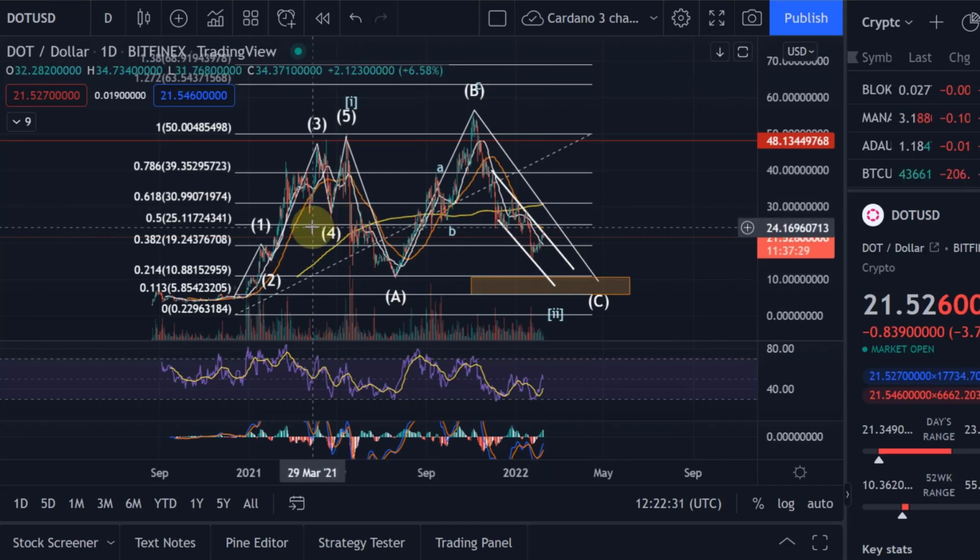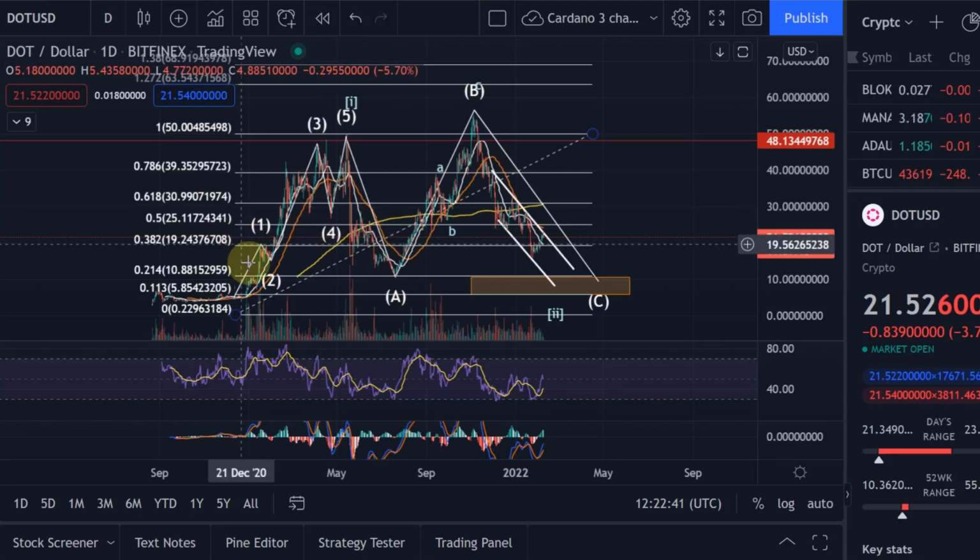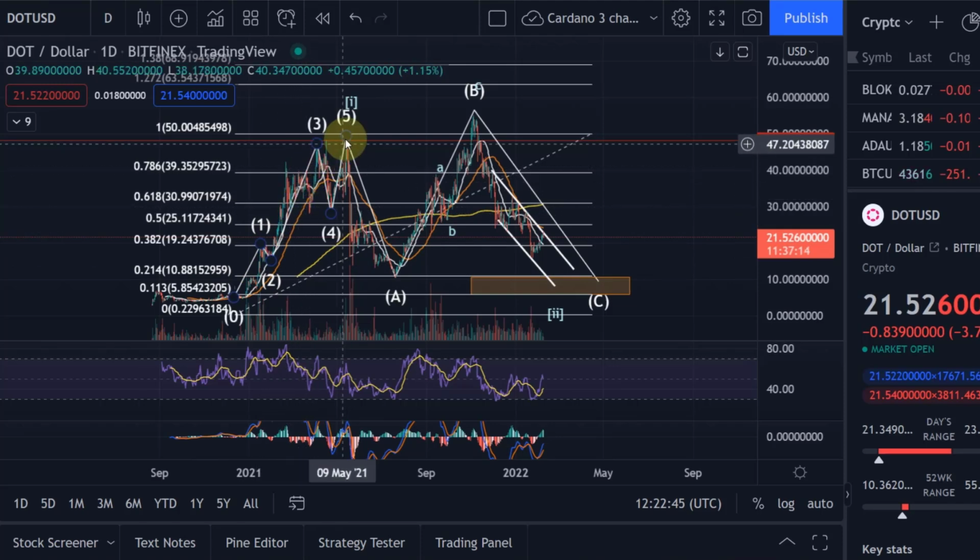However, where are we here on the Polkadot chart? Really want to talk about Polkadot. Haven't talked about it for a few days, and really a few things have happened here generally in the crypto market. So I just want to basically give you an update. So my view remains the same. So we've seen here this 1, 2, 3, 4, 5 impulsive move to the upside into May based on the